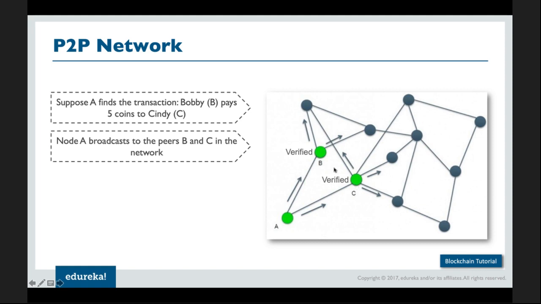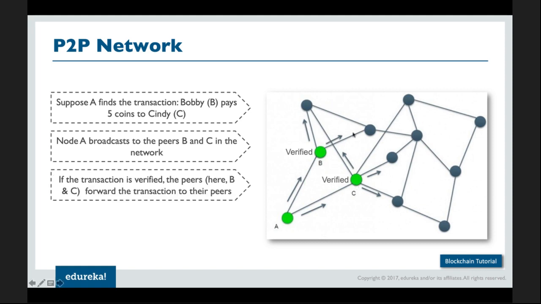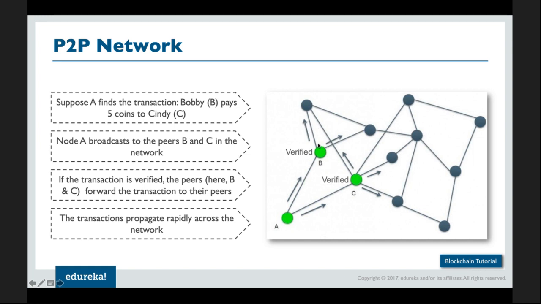nodes closest to them. Now, once B and C receive it, they further propagate the transaction to the other nodes within the network, and that's how the transaction keeps getting pushed forward and eventually reaches all the nodes within that particular network. So the transaction, in fact, propagates very fast throughout the network, because there is no central point of failure or intermediaries here. Even if for some reason node B is down, through node C, the transaction will further get propagated to all the other nodes. So that kind of a peer-to-peer network ensures that the transactions are propagated really fast within the